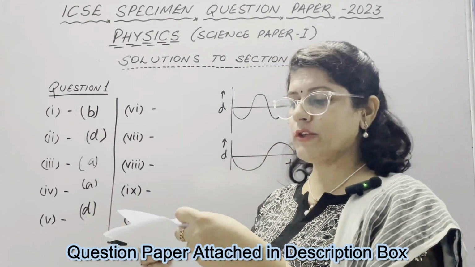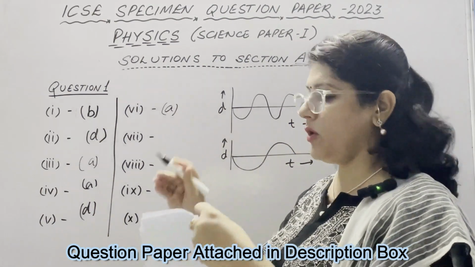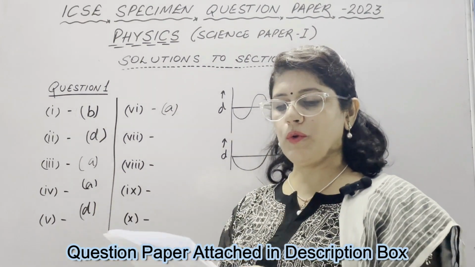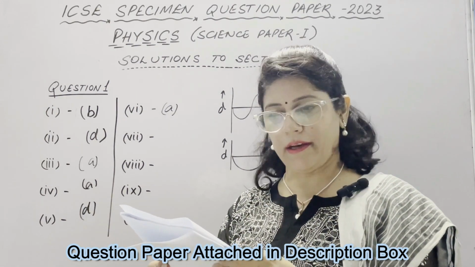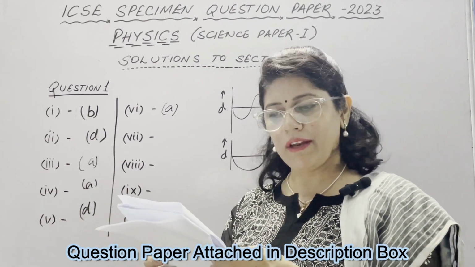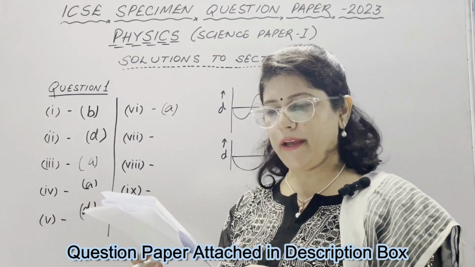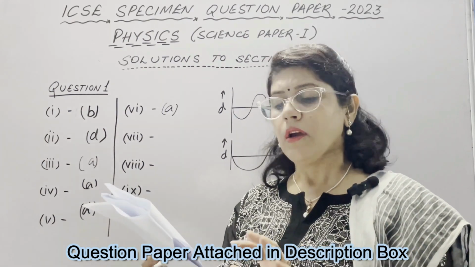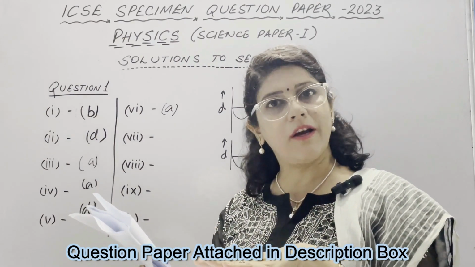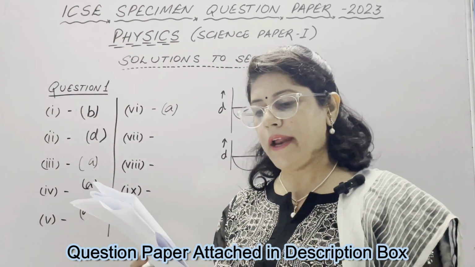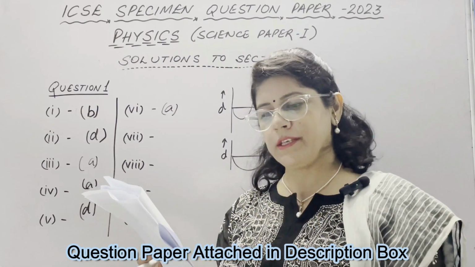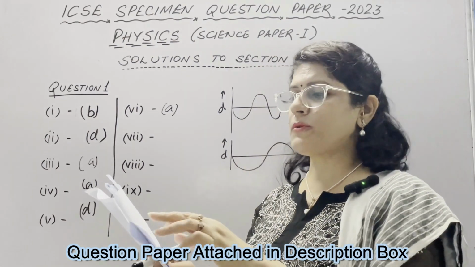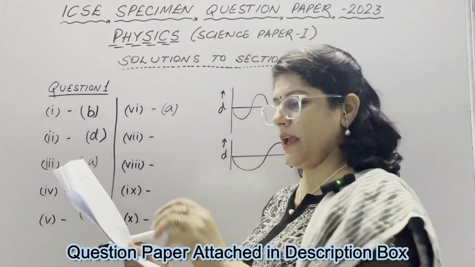In part number 6, in which of the following diagrams is the refraction not correct? According to me, the correct option is A. Because in diagram A, they have shown rays coming from 2F and becoming parallel to the principal axis, which is incorrect. In the second diagram, the concave lens is showing a diverging ray, which is correct. In the convex lens in C, rays coming from focus become parallel to the principal axis, which is again correct. And in D, rays passing through the optical center go undeviated, which is again correct. So the incorrect option is A.